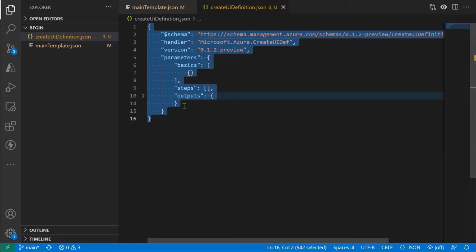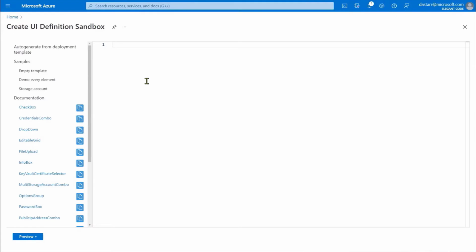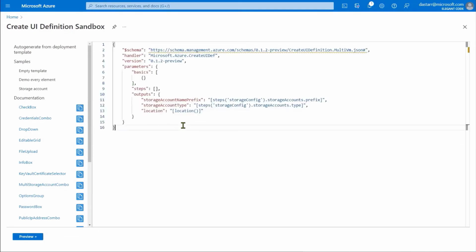Now, what I'm going to do first is take the contents of this file and drop it into what we call the Create UI Definition Sandbox, which is a blade within the Azure portal. You can use this, and there are links to it in the labs that you'll go through on the package management. I'm just going to drop in my very basic Create UI Definition contents,